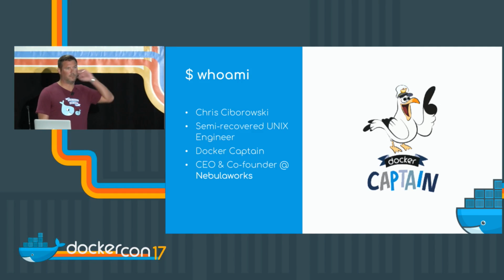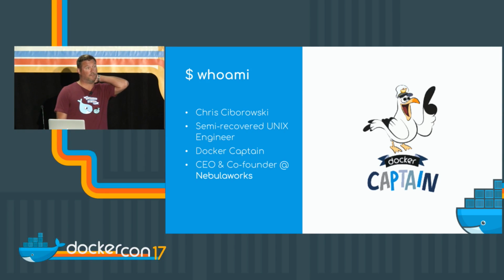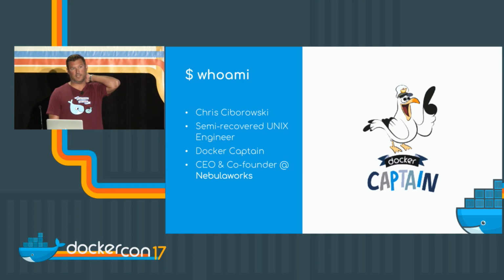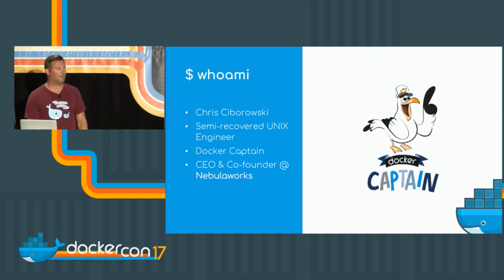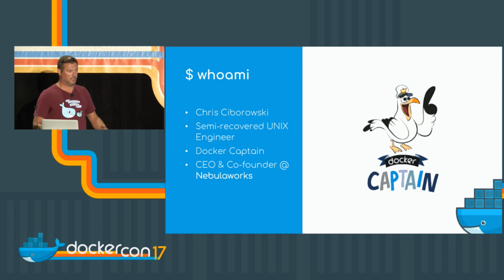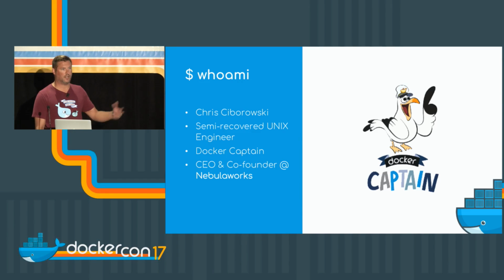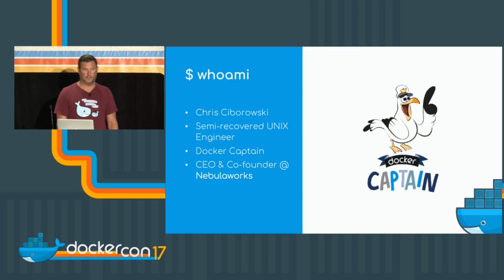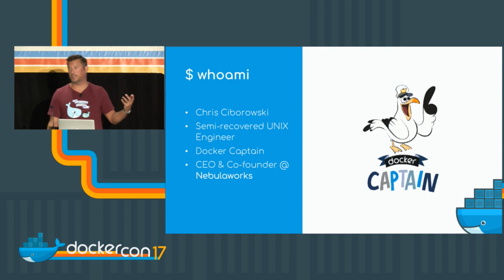We started building platforms. The first production platform using Docker that we put in place was in 2015, using CS Engine 1.6. If you have deployed things all the way back to there, you understand the trials and tribulations you need to go through to build a platform to run containers at scale using open source tools, with auto registration, auto discovery, and everything else that real enterprise platforms need. So that gives you a little bit of history, and for the last 3 years, we've been doing that at Nebulaworks with our customers.